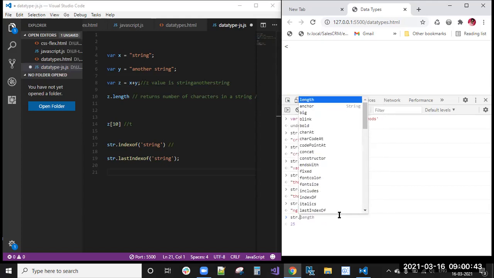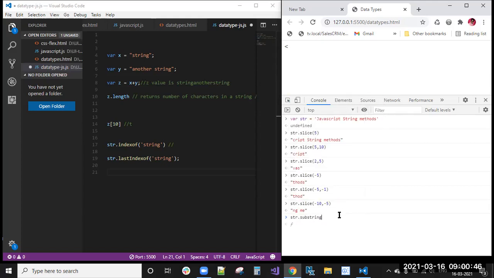We have one more method, the substring method. Substring of 5 comma 10, if I write that, I will get CRIPT again. The only difference between slice and substring is that substring will not accept negative indexes. Remember this: substring of -5 comma -10, if you try to access that, you will not get any result. But the slice method will accept negative indexes, counting from the right side: -1, -2, -3, -4 like this.